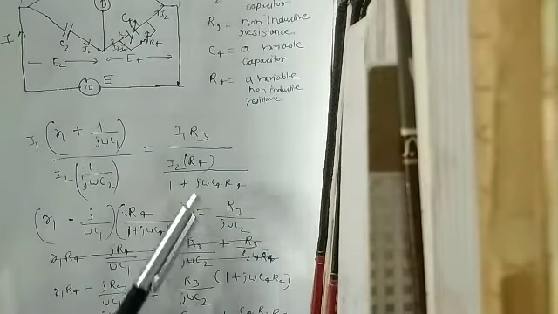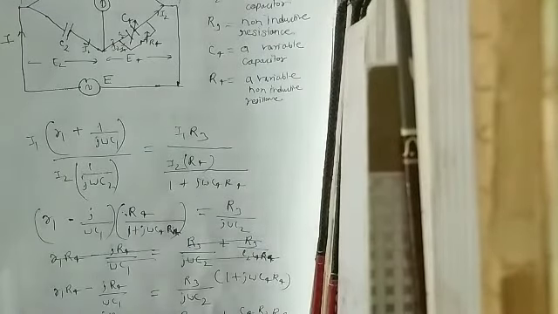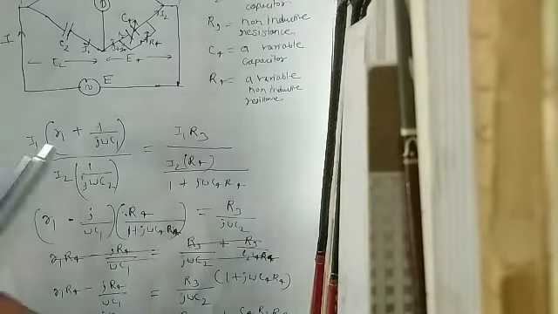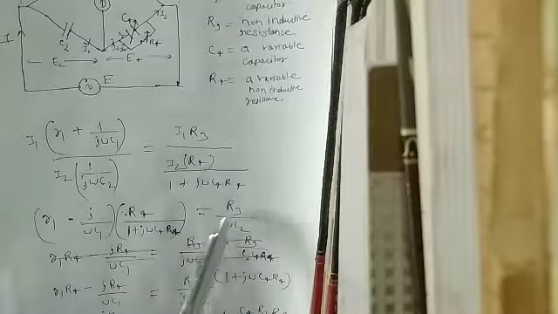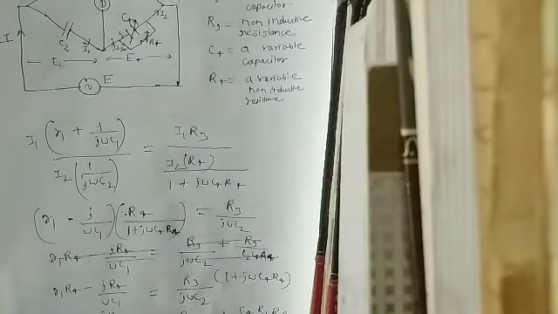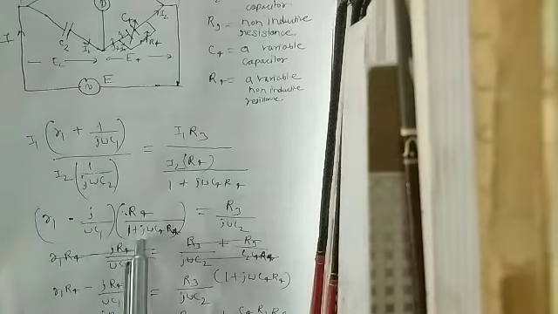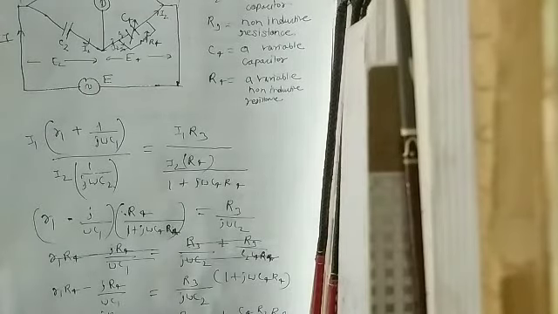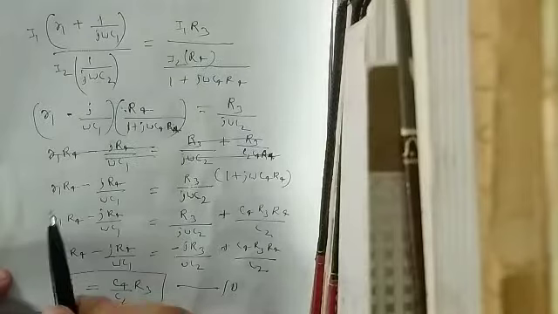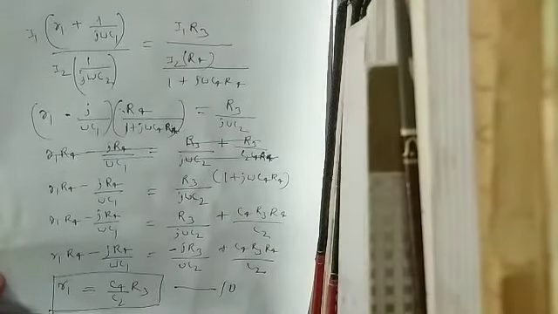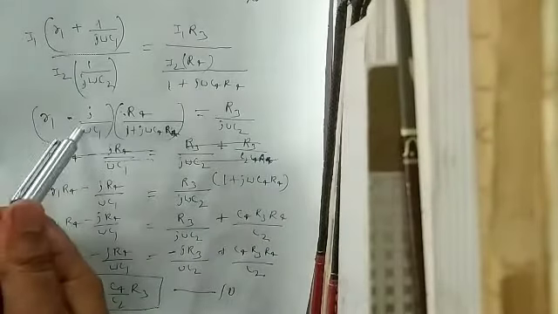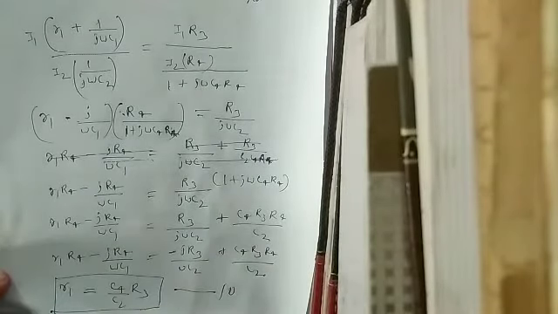Now we can multiply R4 upon 1 plus j omega C4 into R4. The current is same, so it is cancelled out and the value for this side is R3 upon j omega C2. Now we can multiply this term 1 plus j omega C4 R4 in that side and we get the value R1 R4 minus j omega R4 upon omega C1. Then we multiply R4 in both the two terms and we get the value R3 upon j omega C2, 1 plus j omega C4 into R4.